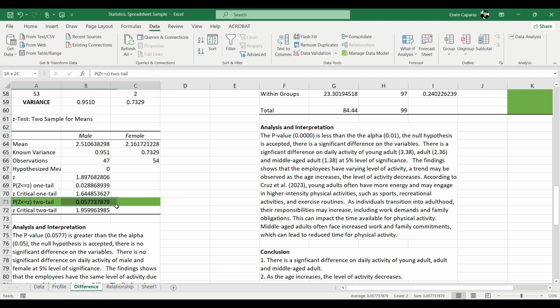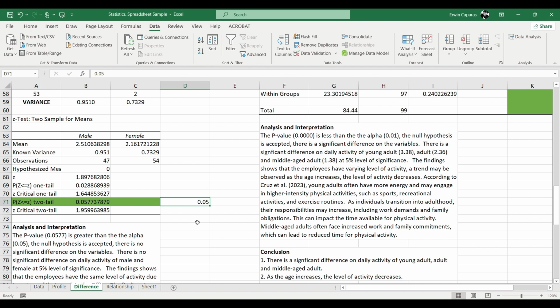So we try to highlight this, okay, and then we compare it to the p-alpha, which is always 0.05. Okay, whether the p-value is greater than or less than the p-alpha. Okay, so in this case, the p-value is greater than, mas mataas itong na-compute nating p-value doon sa ating p-alpha. It means that we have to accept the null hypothesis. Kung naalala ninyo yung inyong hypothesis, okay, presented in chapter 1, okay, it is a statement